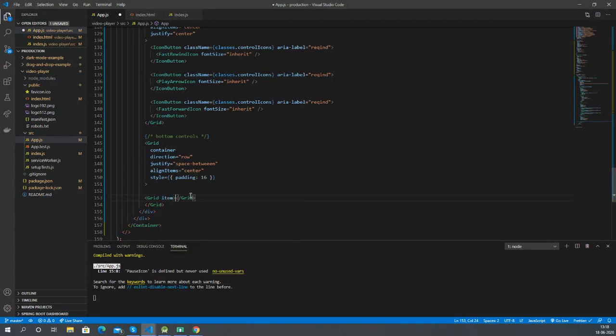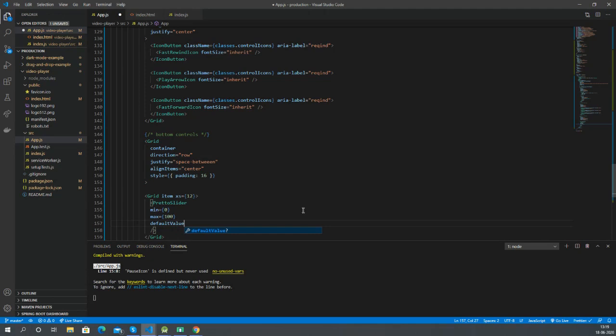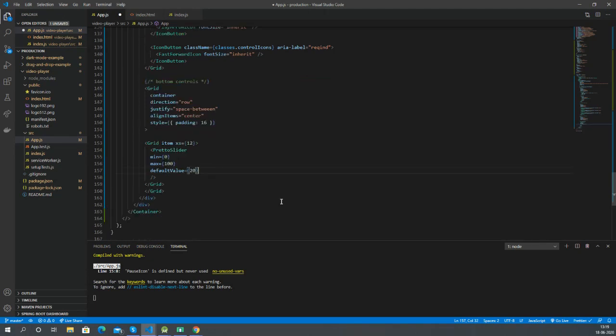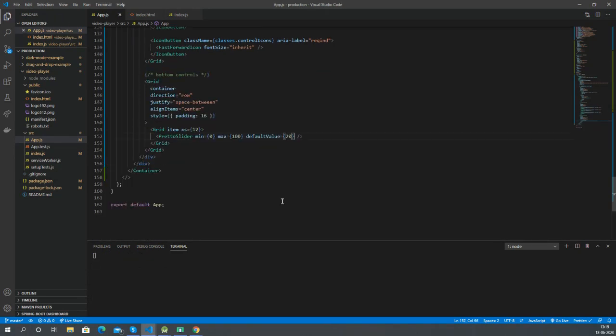Now let's add a grid item. We'll make it xs of 12 so that it spreads throughout that row. As we need the seek bar from left to right, we'll give the Pretto slider a min of 0 and max of 100, as it is a range slider. We'll give it a default value of 20.